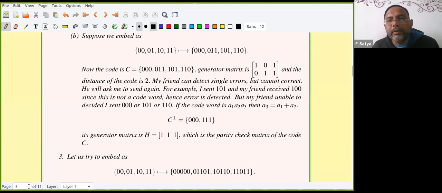So how do you get the generator matrix? We took 2 of the code words here, linearly independent code words, 101 and 011. These 2 I took. You can take any 2 non-zero code words from here, that will work. That is the generator matrix. But why did I choose these 2? Can somebody help me?